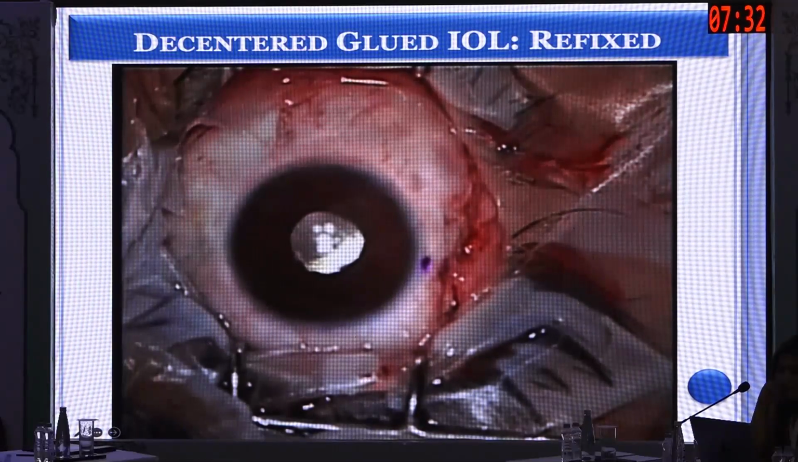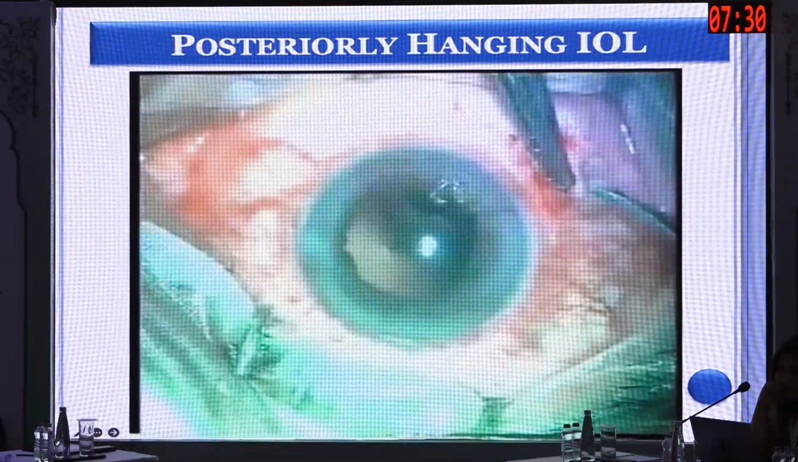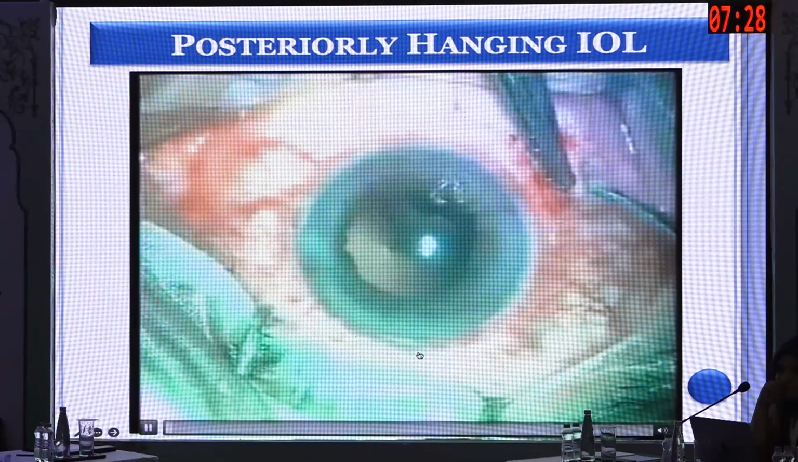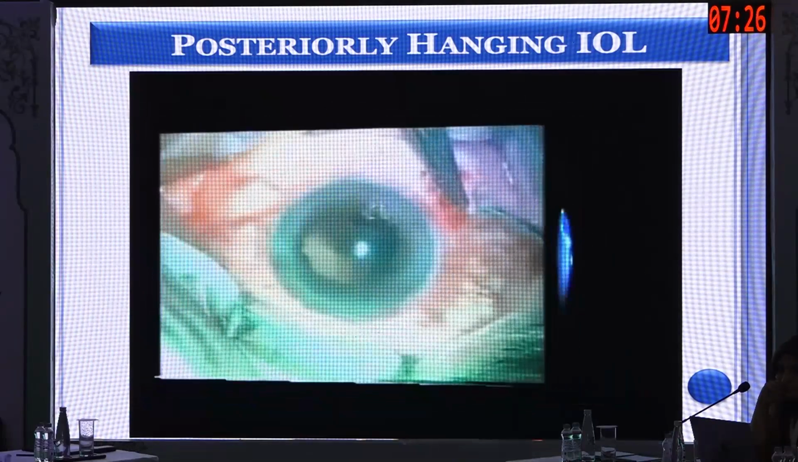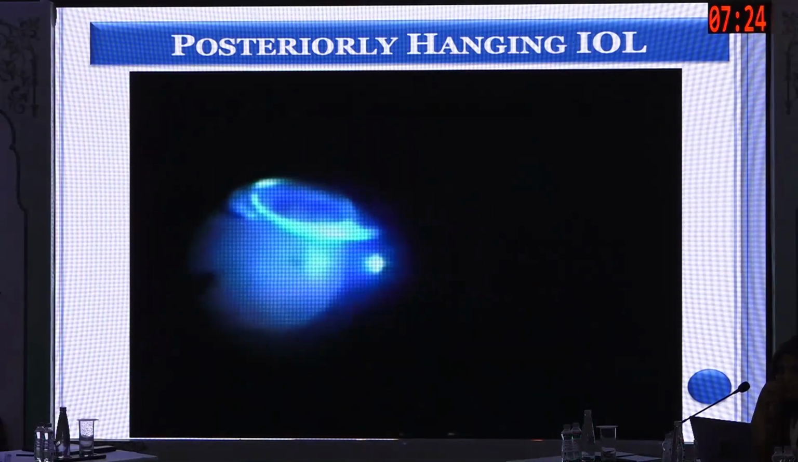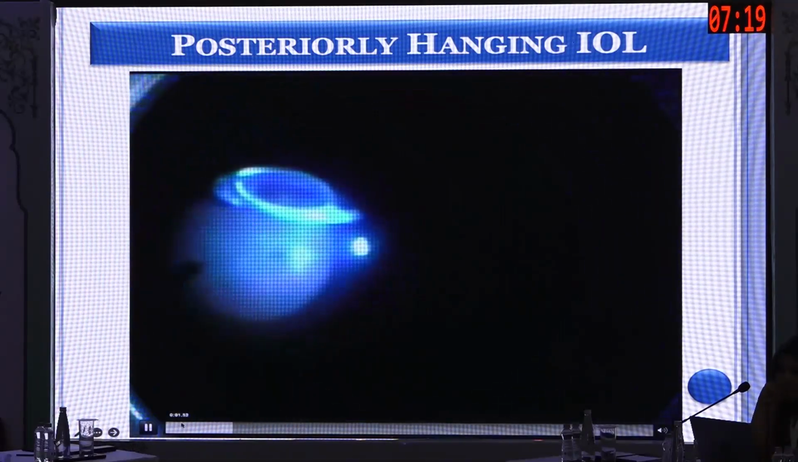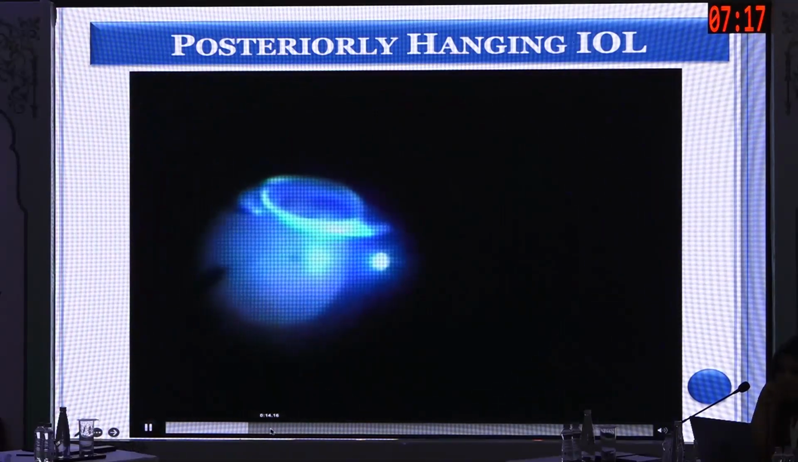The flap was repositioned. Another scenario, another old case wherein the lens with the capsule was hanging into the vitreous cavity. It was a vitrectomized eye. So since it was hanging in the vitreous cavity,